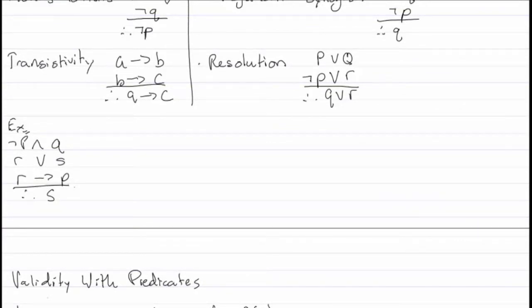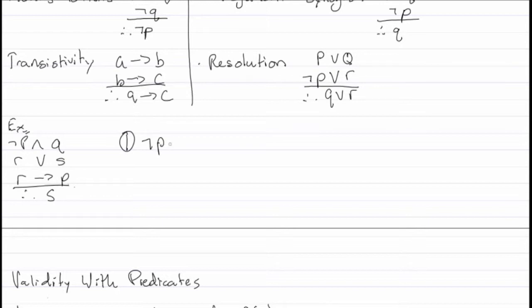Okay, I have my premises here: not P and Q, R or S, and then R implies P. And I want to show that all of these statements together imply that S is the conclusion. Okay? So let's start off here by looking at our first premise,